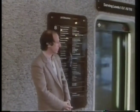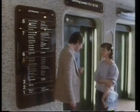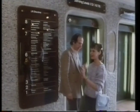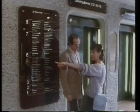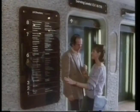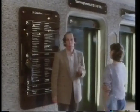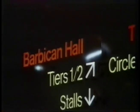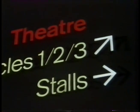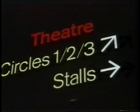I'll ask somebody. Excuse me, can you tell me how I might get to level 4, please? Oh, yes, I know that. Right. You go round the corner, past this pillar, along the passage a little way, and the stairs are on your right. Great, thanks. Okay. Perhaps I'll find it now. Yes, that's a very interesting